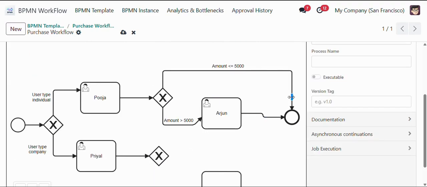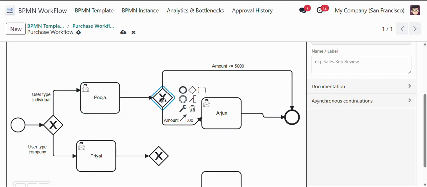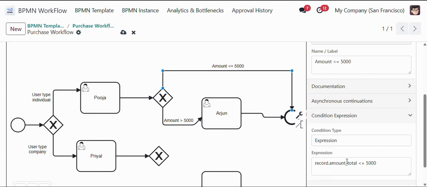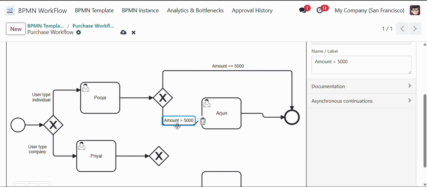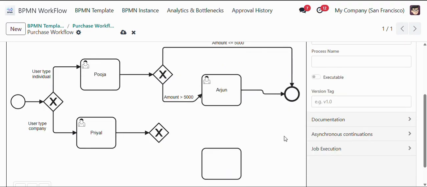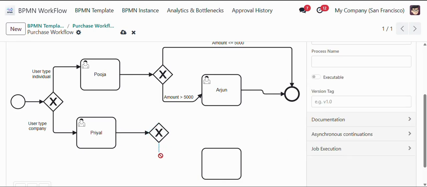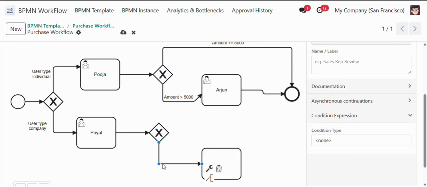So this is one flow, like if the user type is individual, it will require the approval of this user. Then it will check whether the amount is less than or equals to 5,000, then it will directly be confirmed. If the amount is greater than or equals to 5,000, then again it will require one more approval and then it will be confirmed. Similarly, here also it will check the discount,